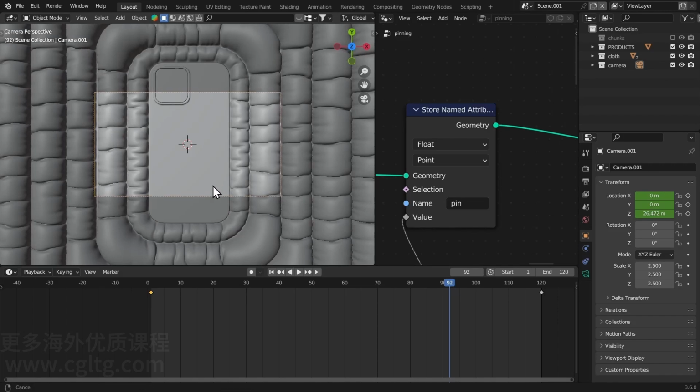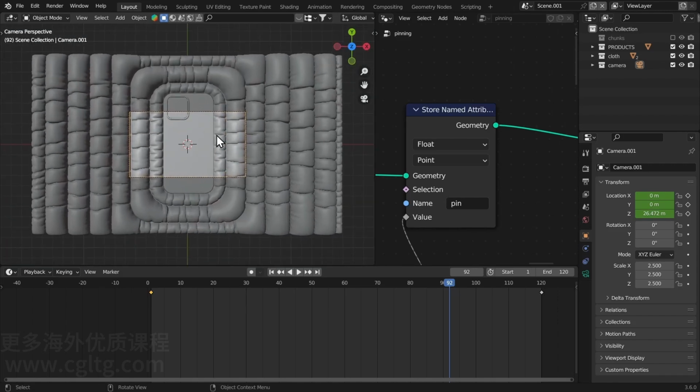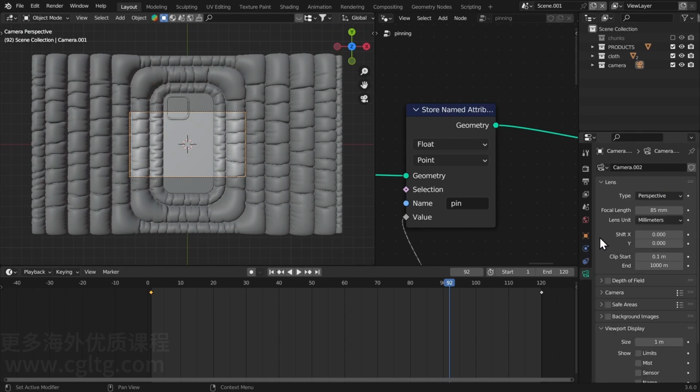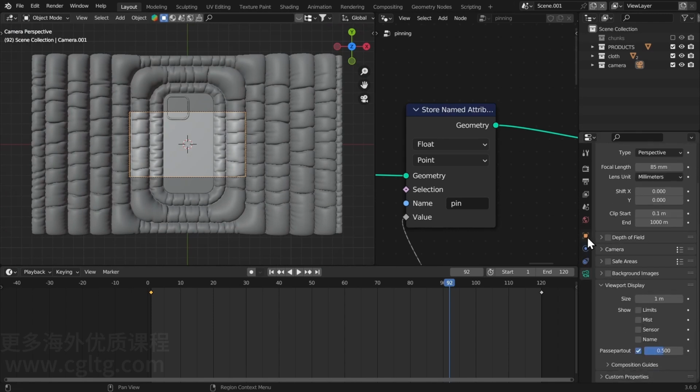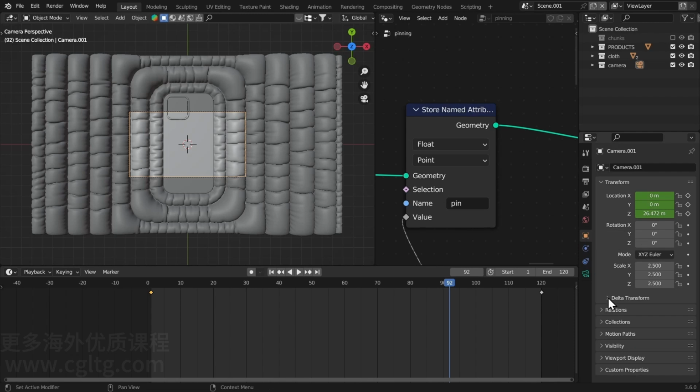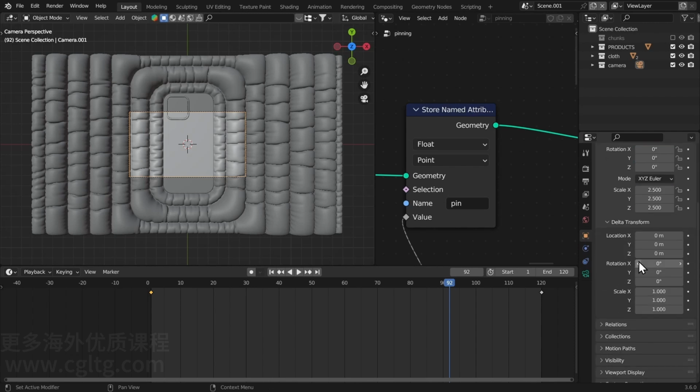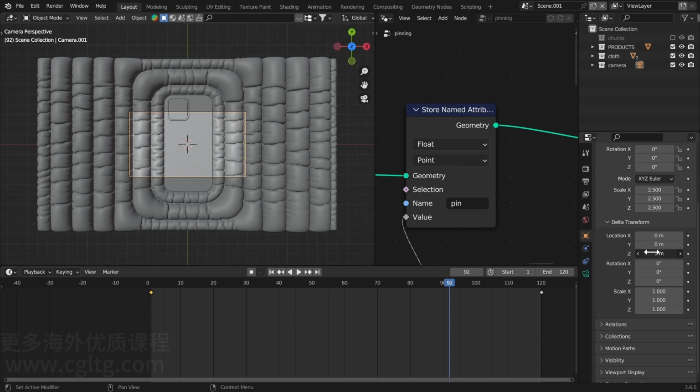The camera is kind of zoomed in because we did that scaling and it didn't quite scale well. So for that, what I'm going to do is go to the object properties, and I want to keep the animations, so go to the delta transform. And in the location, I'm going to bring it up just like this